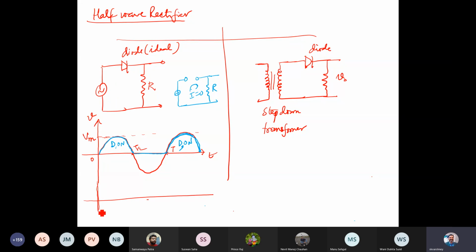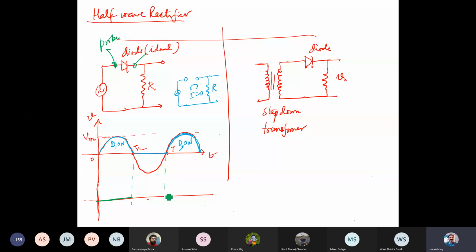But on the other hand, if we measure across the diode, if you put a probe here and measure the voltage across the diode, what do you get as output? Since the diode is conducting, if it is ideal, it's a short circuit, zero, right? So if I make a plot here, it will be 0.